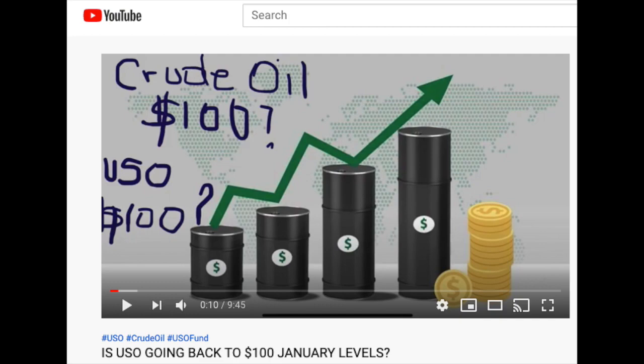We concluded that this fund will not be able to go back to its $100 levels even if crude oil prices go back to $100 per barrel. And that is because USO incurs a lot of rollover costs. We also concluded that USO Fund has the potential to go to around $35 per share, if not even more. And that is assuming that there are no fundamental changes to this fund, due to the fact that they made some very solid structural changes to their portfolio recently due to this whole oil issue that we experienced.